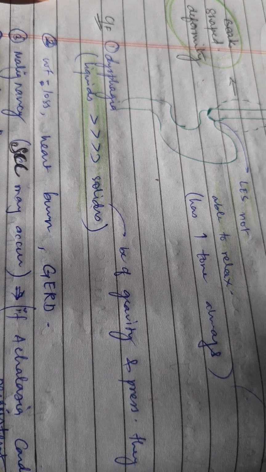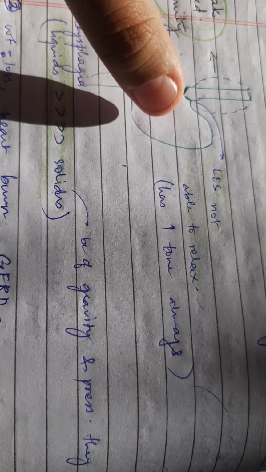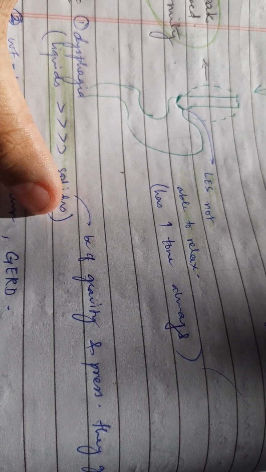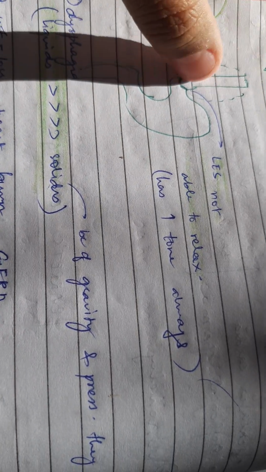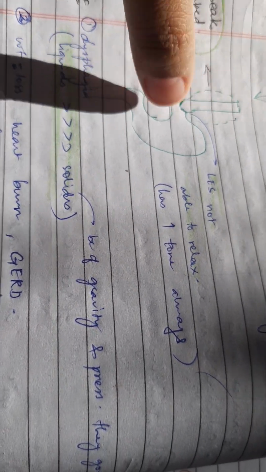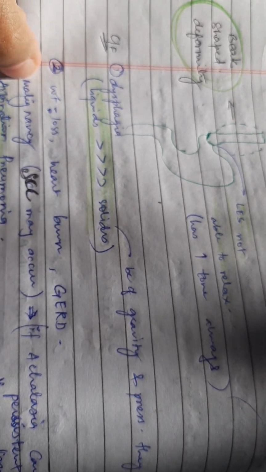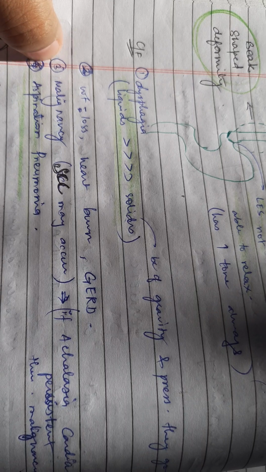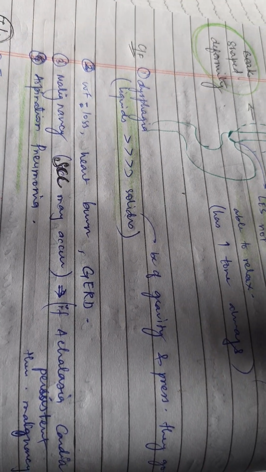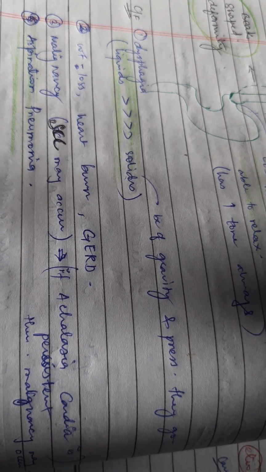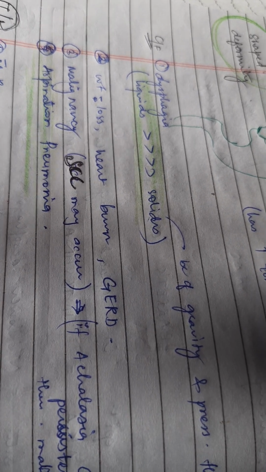Clinical features are dysphagia, more for liquids than for solids, because solids have gravity and are a little heavy, so they will apply pressure and can pass through, but liquids cannot. Liquids will bulge like here and accumulate there. Weight loss, heartburn, GERD. Malignancy may occur; squamous cell carcinoma may occur if achalasia cardia is persistent. Then aspiration